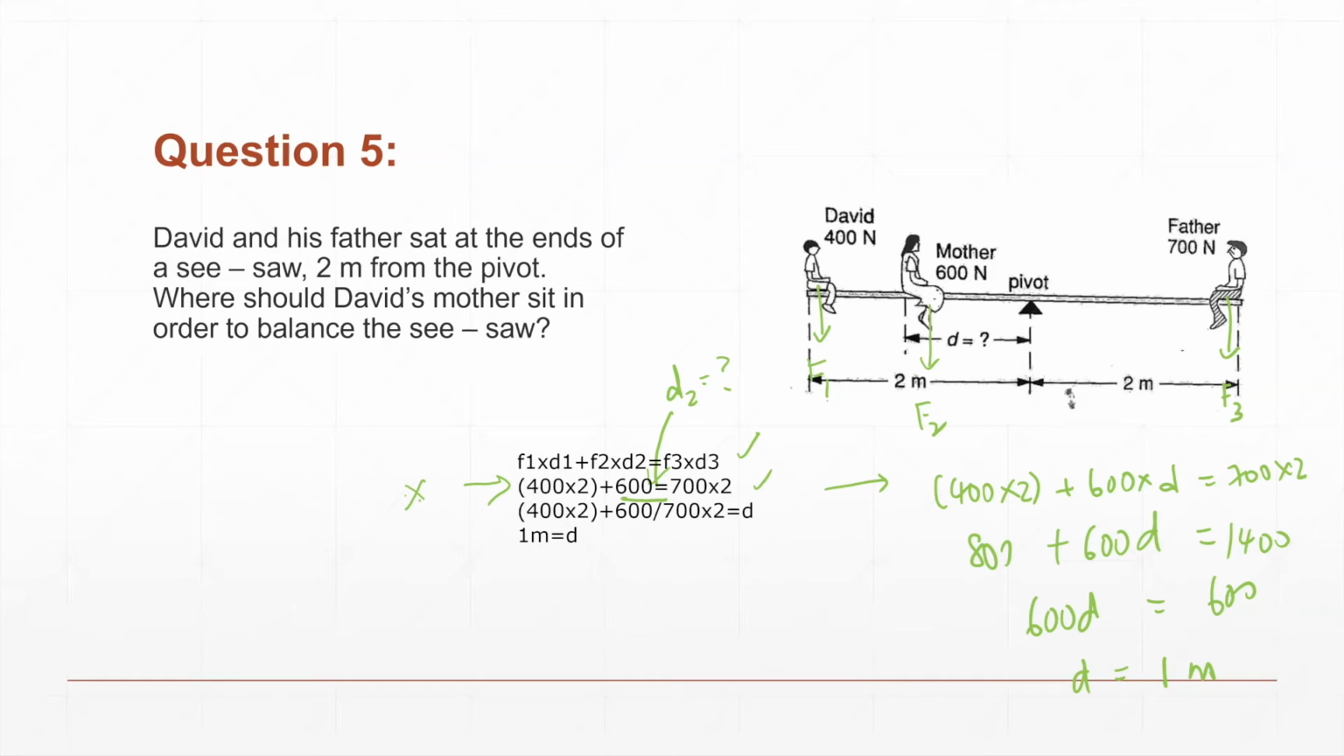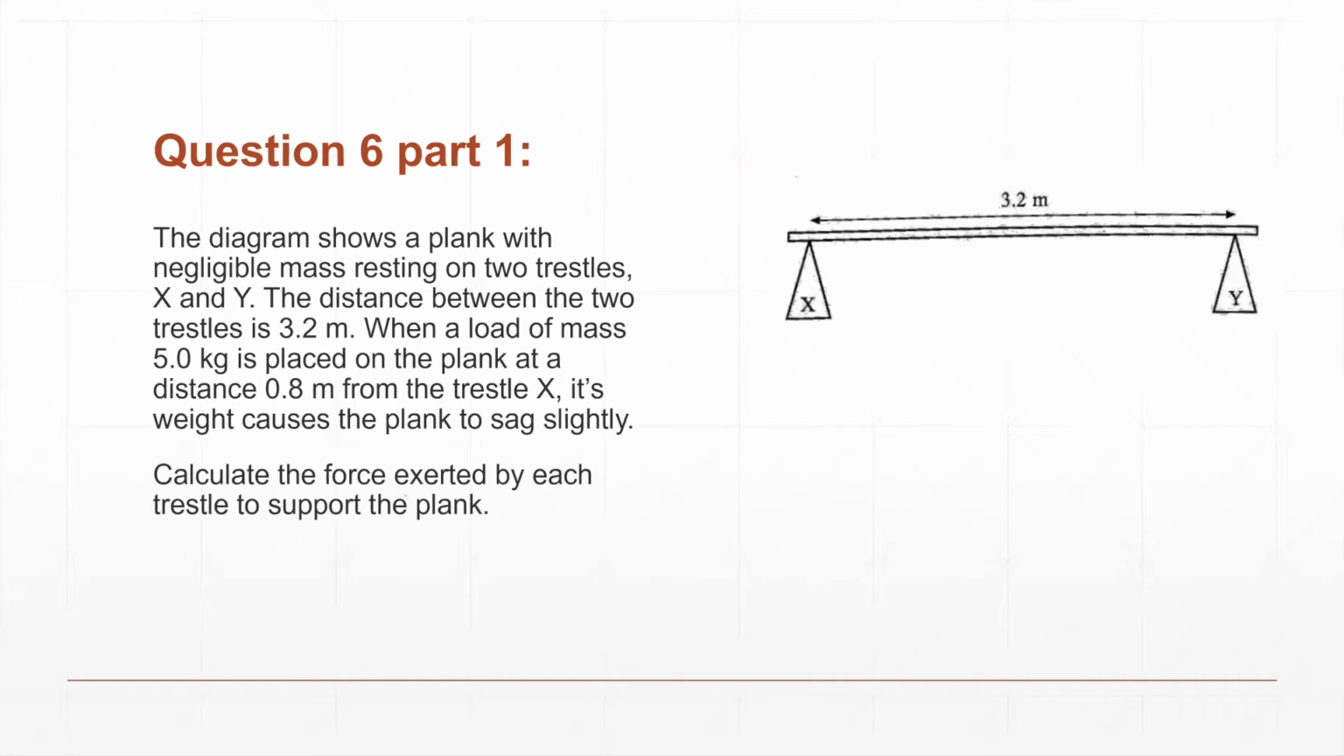Okay. If you're okay, then we'll move on to the next one. This is a little complicated. There are two parts of the question. They say the diagram shows a plank with negligible mass that rests on two trestles, X and Y. So the distance between the two trestles is this, and then you have X here, Y here. When a load of 5 kilograms was placed on the plank at 0.8 meters from trestle X,